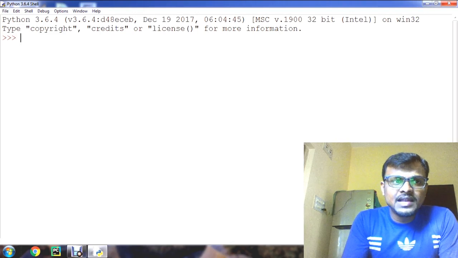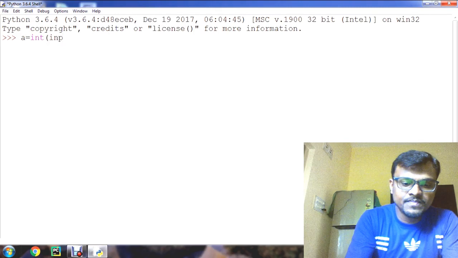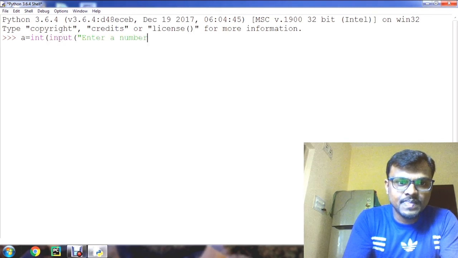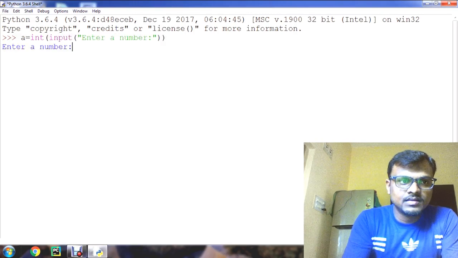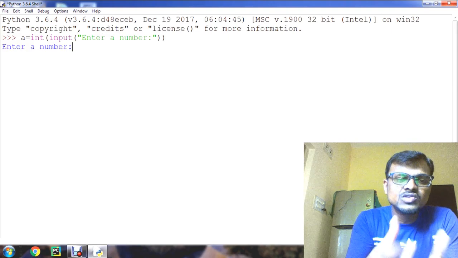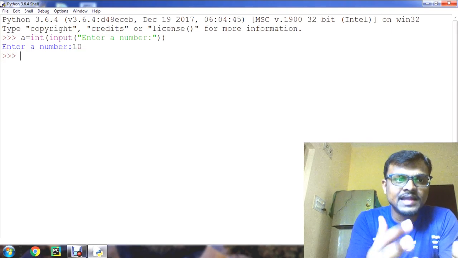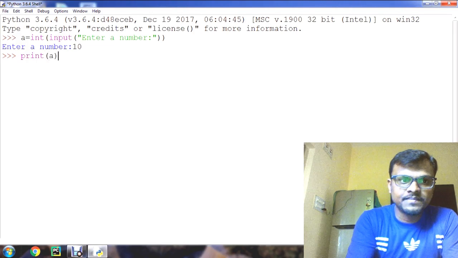So for example, let us see a is equal to int of input, enter a number. It asks the user to enter the number. I am giving number 10, so that 10 is stored in a. Let's display a now. Print a.